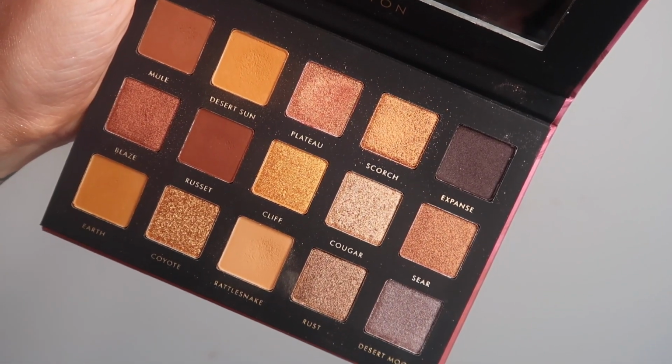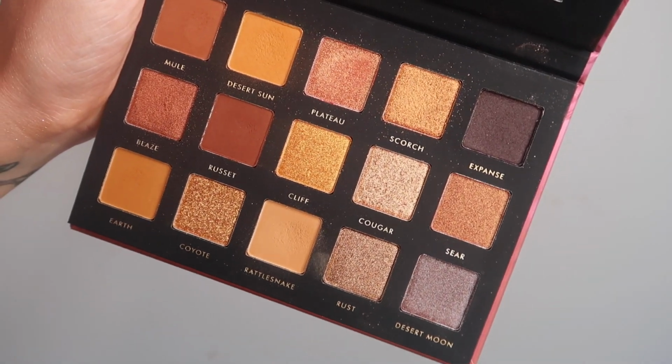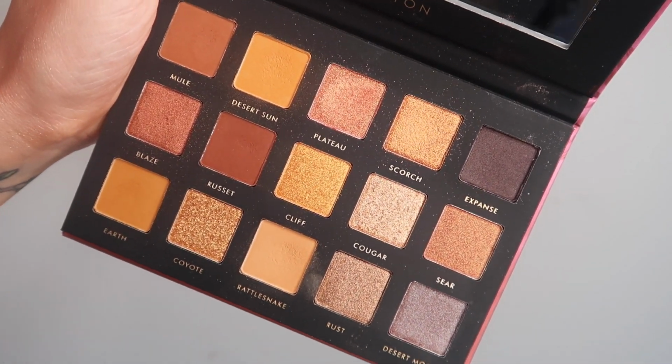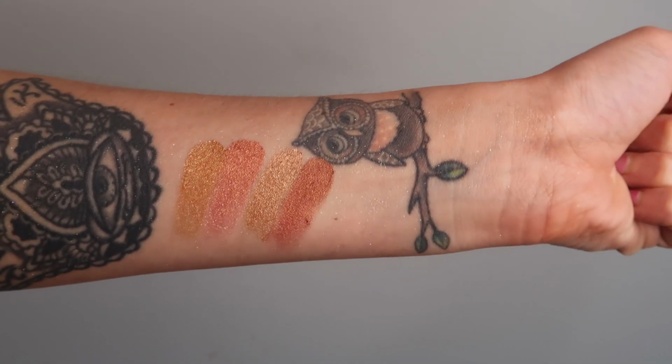Today I wanted to do this more subdued, corally pink look that I saw inspiration for on Pinterest, I believe it was, and then it turned into something completely different. But this I am very excited to reach for. This is just so sultry. I didn't pull my Colourpop Wild Child palette, but I could have pulled that one as well because it's those sultry bronzes that I just think about the hottest of hot summer nights on a patio, sipping cocktails, eating my